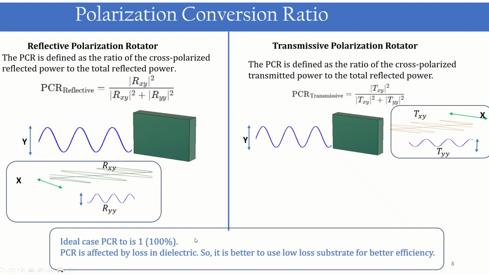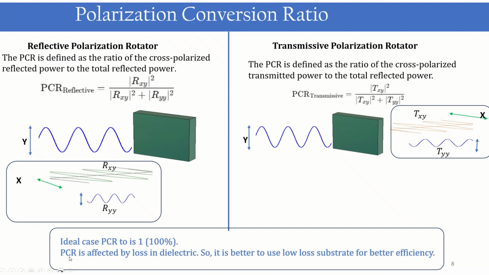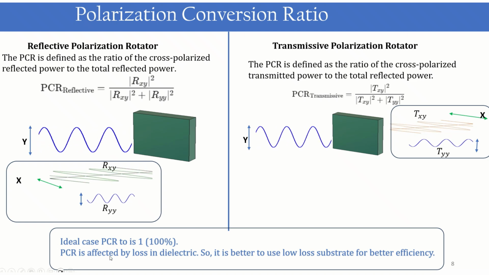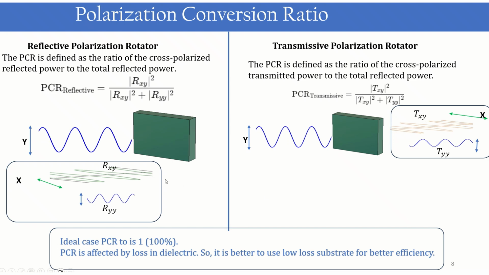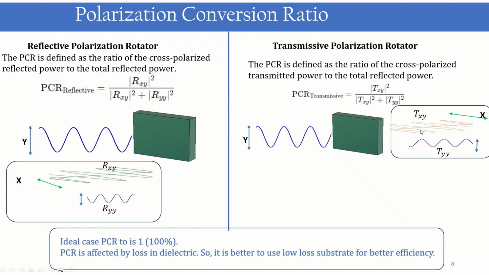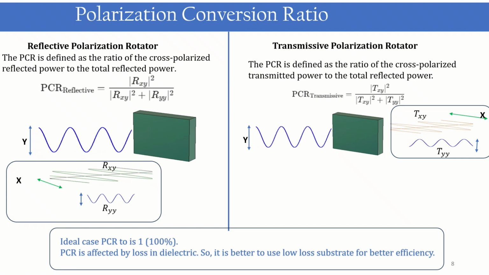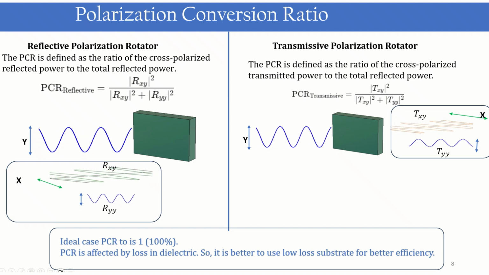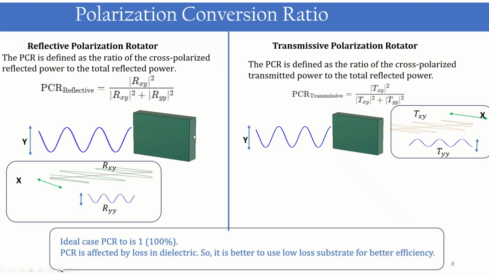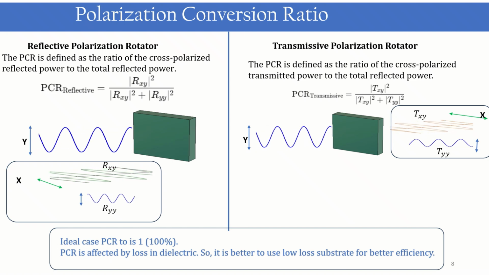And these are some of the things to be considered because this polarization conversion efficiency is affected by the loss in the dielectric, because the transmitted or reflected power depends upon the loss. So to get the 100 percent conversion ratio, it is better to use a low loss substrate while designing the metamaterial